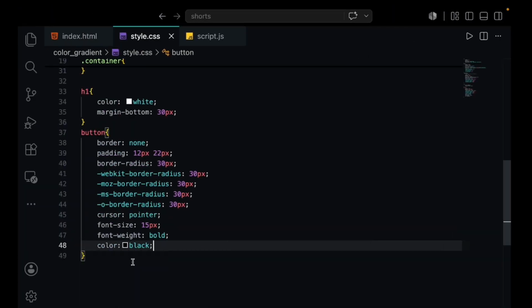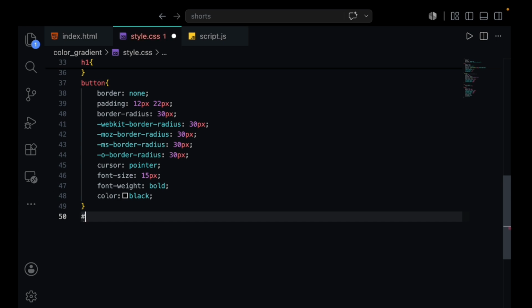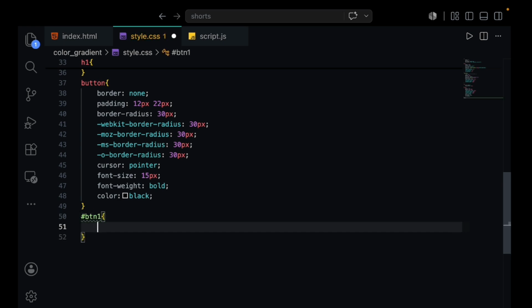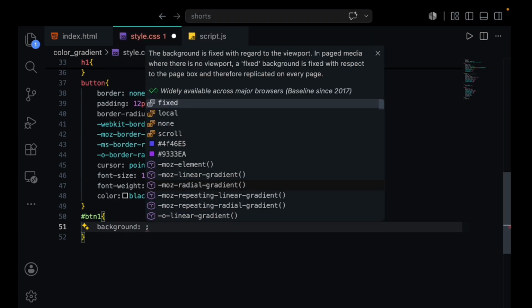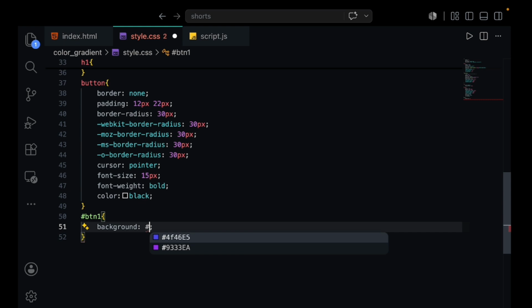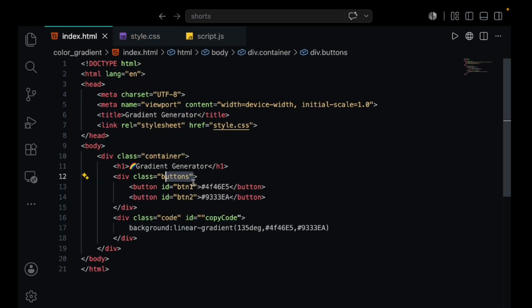Okay, now let's come to button 1, which is our ID BTN1. So let's give a background. I do have that default background color that we have given initially on our HTML page. Here we're gonna give that default color.